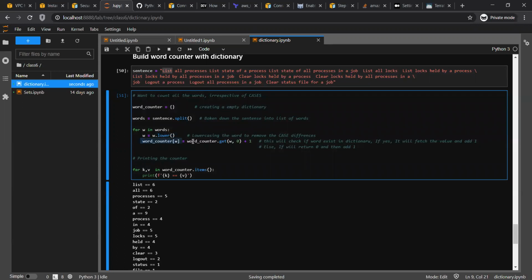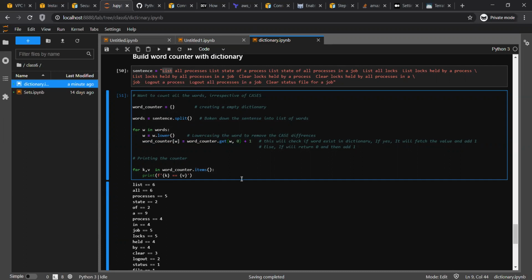And here is the example where I'm counting. I'm using word_counter.get(w), which checks whether that word exists in the dictionary. If it doesn't exist, return 0. If it exists, then return whatever the value is and then do +1.